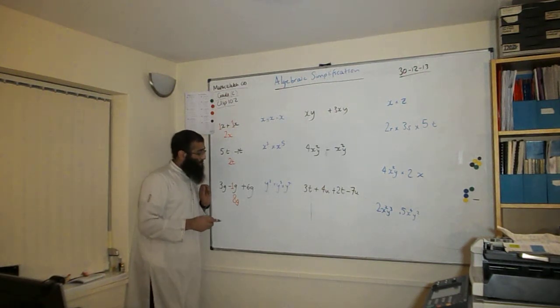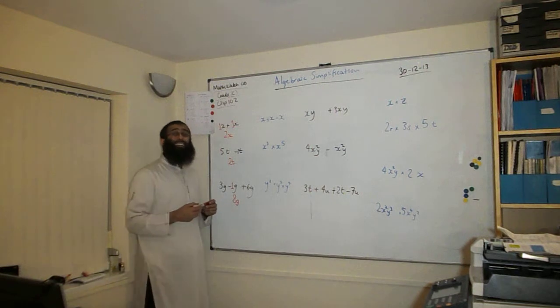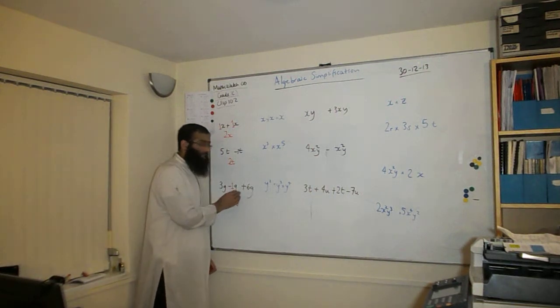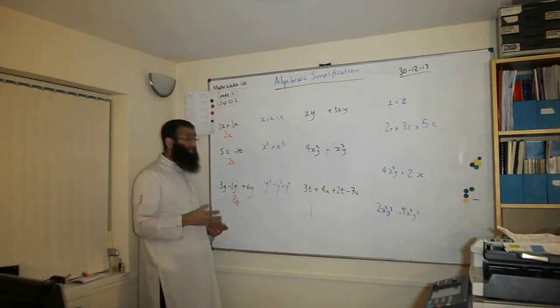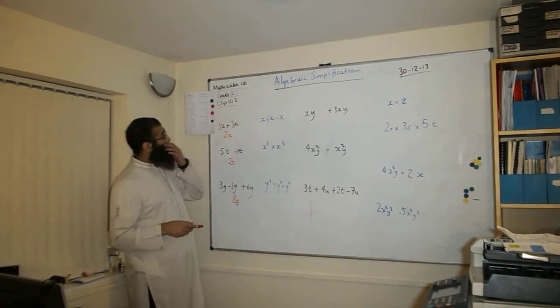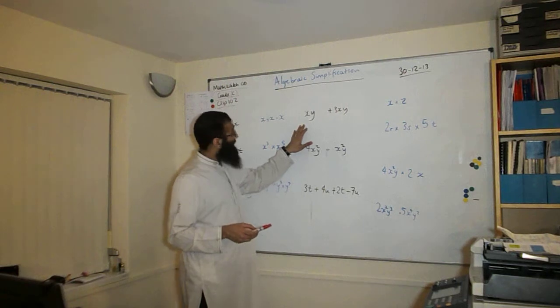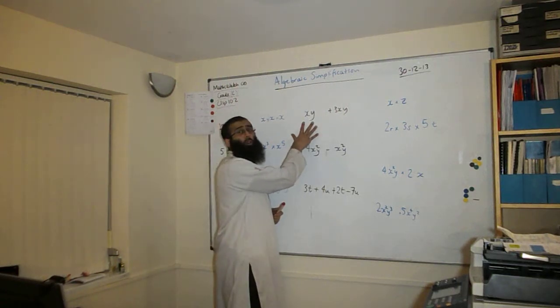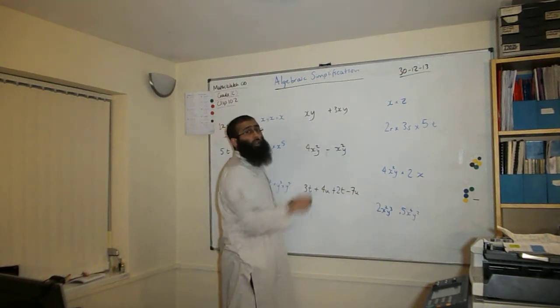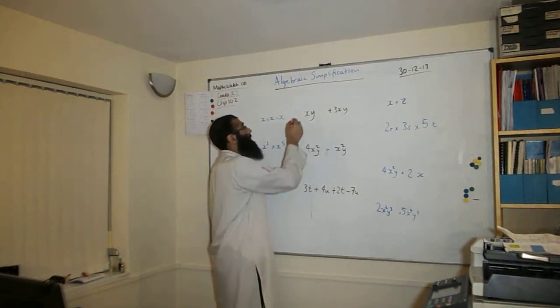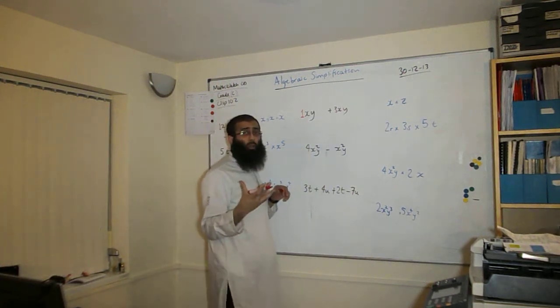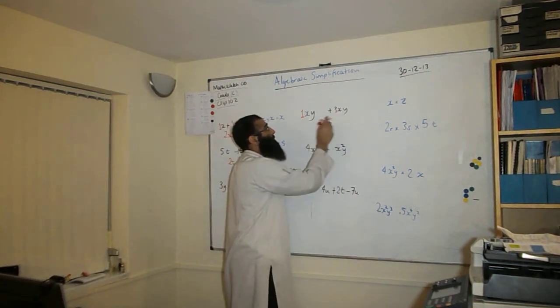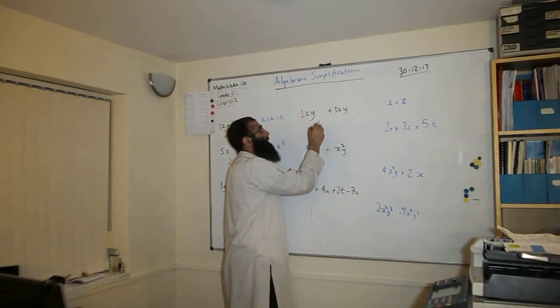Okay. So what we're doing here, we're looking at like terms. So the g's are the same term. So we're talking about the same type, the same quantity. Now let's have a look at these questions over here in silver black. So we have xy add 3xy. Now remember, if you have no number in front, it automatically becomes a 1. So you have 1xy plus a 3xy. So that will give us a total of